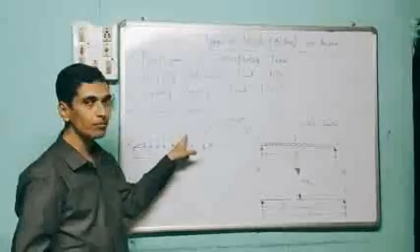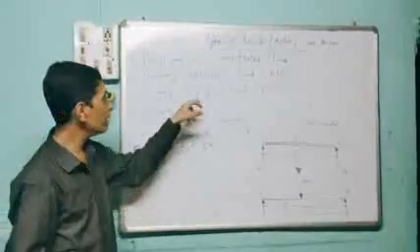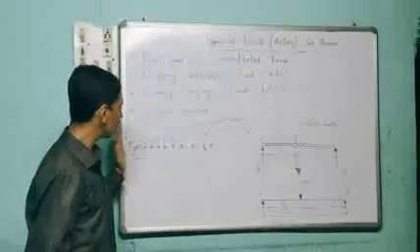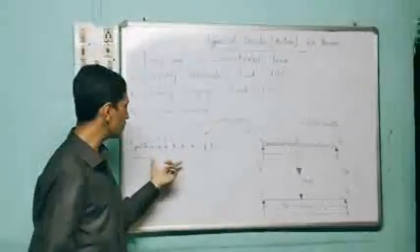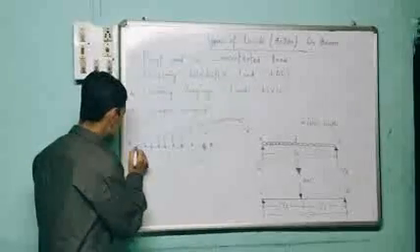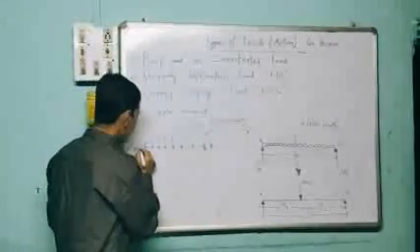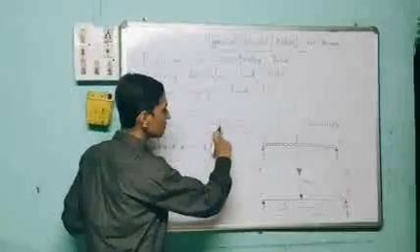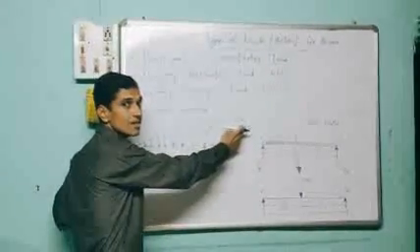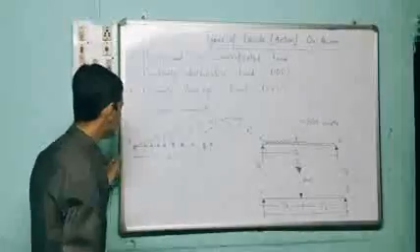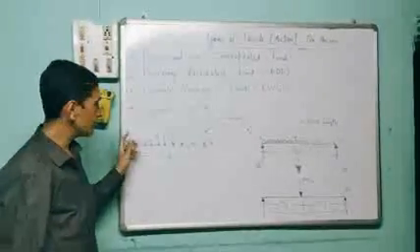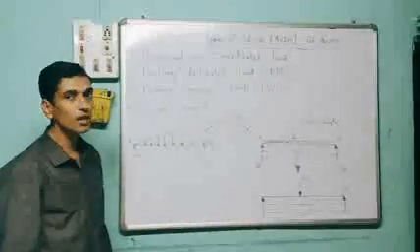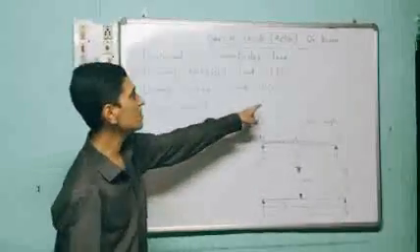This is one example of uniformly varying load, where the load is uniformly varying from one end to the next end. If you look at this beam, the load intensity at this point is 0 and it goes on increasing up to this point B. The highest intensity of this UVL is W per unit length and the lowest intensity at A is 0. So if it varies from end to end, that type of load is called uniformly varying load. In short, it is known as UVL.